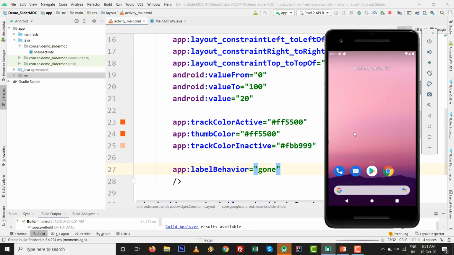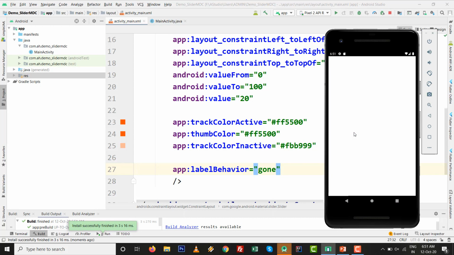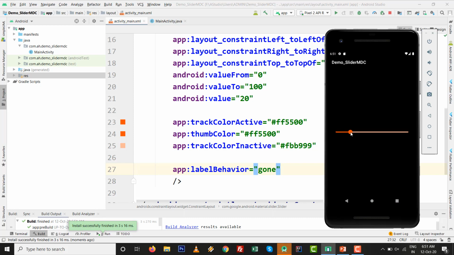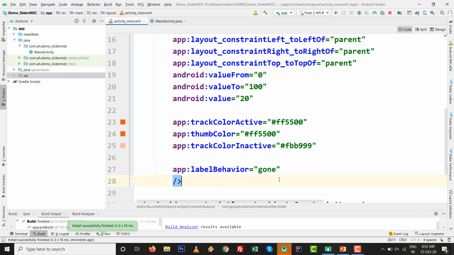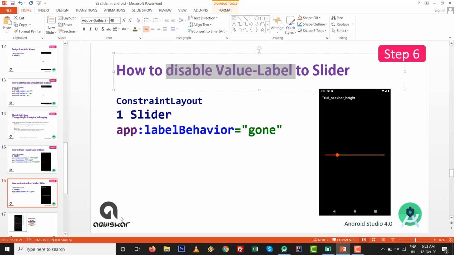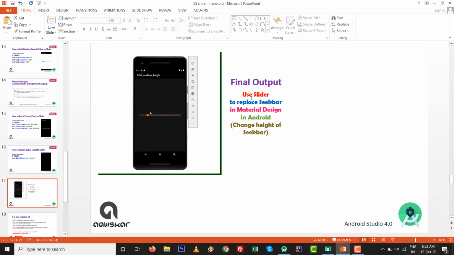By default there is a label or indicator inside the slider, but we try to remove it, and when we change it there is no label or indicator inside the slider. So I think you like this one. Just a little bit of experiment, exploring slider inside MDC, Material Design Components in Android.